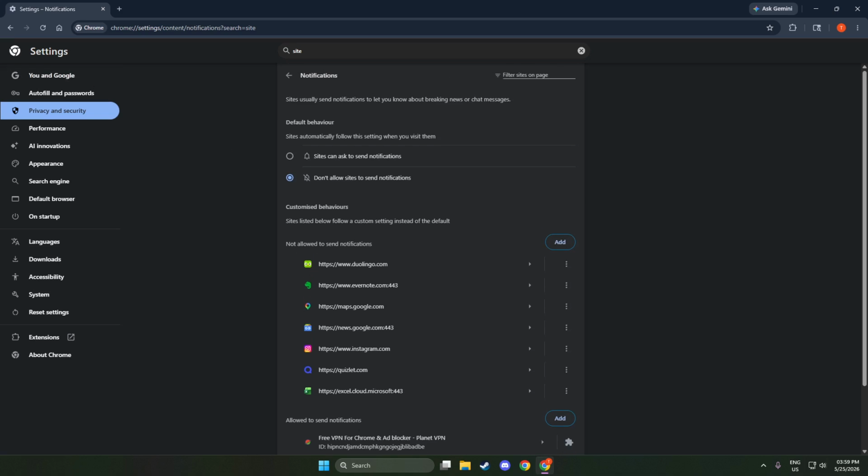That's all you need. You opened your browser settings, went to Site Settings and Notifications, found Instagram.com, and set it to block. If you ever change your mind, you can return to the same place and switch it back to Allow.